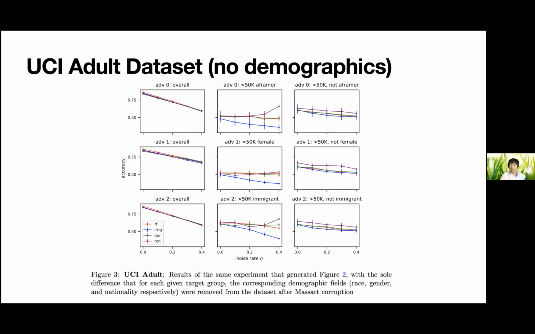Fred, I had a quick question. Go ahead. In the previous plot, RCN seems to be doing really well too. Yeah, that's true. Any reason for that? When you hide the demographic information, for whatever reason, the RCN one does get fixed and the logistic regression doesn't. I think it's just a coincidence. There's no reason the RCN algorithm should work, but it does. Yeah, it is surprising that it behaves so differently from logistic regression.